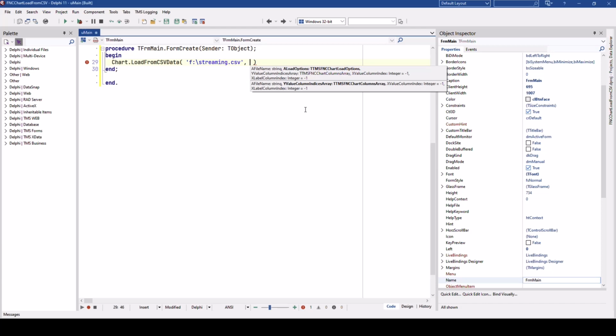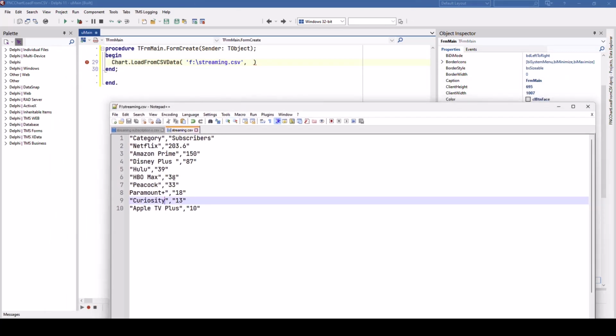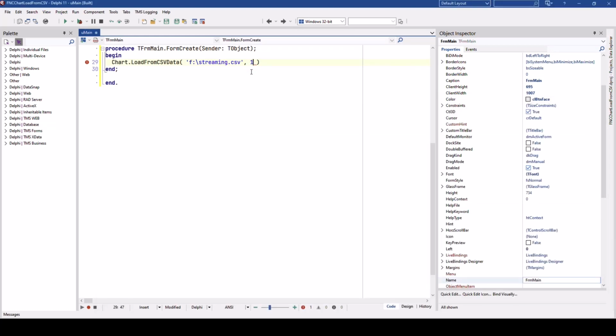No, I'm going to go with the second option. I'm going to specify the column index of my y values. And thinking of the file, which one is this? This is 0-based. So in this case, the values are being kept in number 1 because 0, 1. So I simply specify 1, but this is an array. So I have to specify it with square brackets because you can have multiple y values. So this is the reason why this is an array and not just an integer number to identify the column. It can refer to multiple columns.